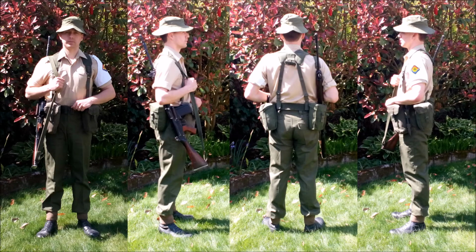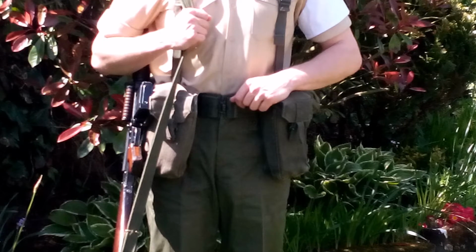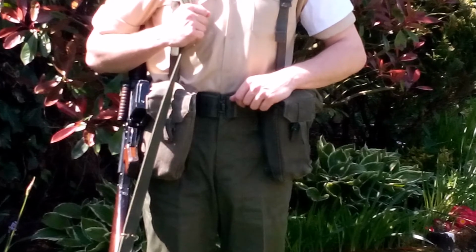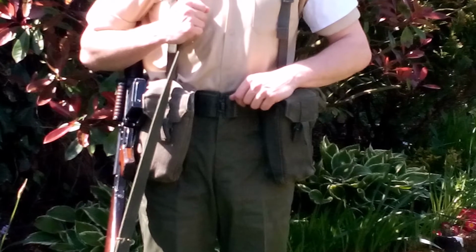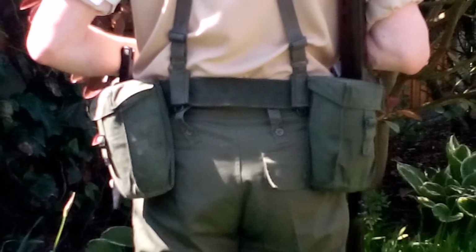The top of the uniform we have the iconic British jungle hat, which had been worn from the late 40s right the way through the 1970s, and this in fact is a 1970s made example prior to the introduction of the DPM variety. Then obviously the number 2 dress shirt and the lightweight trousers are being worn, and with these we have 58 pattern webbing, not a full set of fighting order, but the 2 ammunition pouches are carried on the front obviously, and then at the rear we have 2 water bottle pouches,